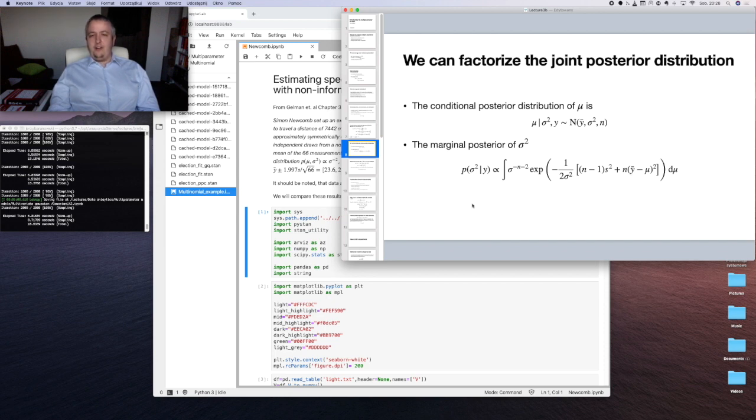rather directly obtain the marginal posterior for sigma squared. Sigma squared is this value that we are not that interested in. We would, however, need it in order to use the conditional posterior distribution of mu, because our mu will be conditional on sigma squared and conditional on measurements. In order to integrate sigma squared from this equation, we will need the posterior distribution, so sigma squared conditional on measurements of